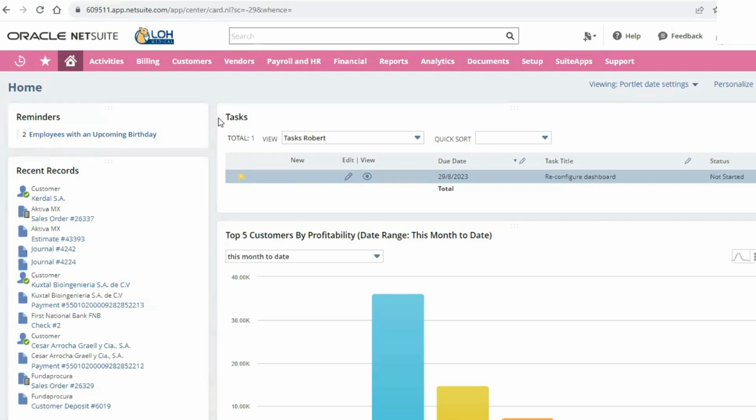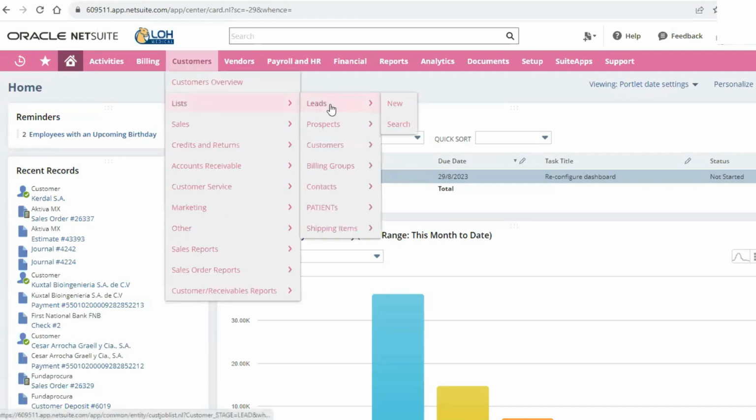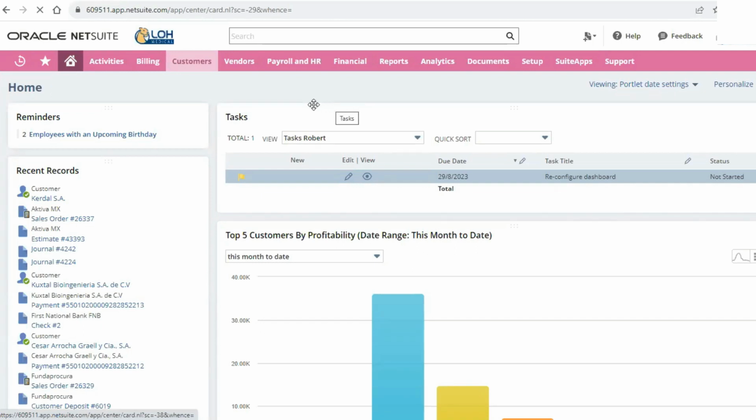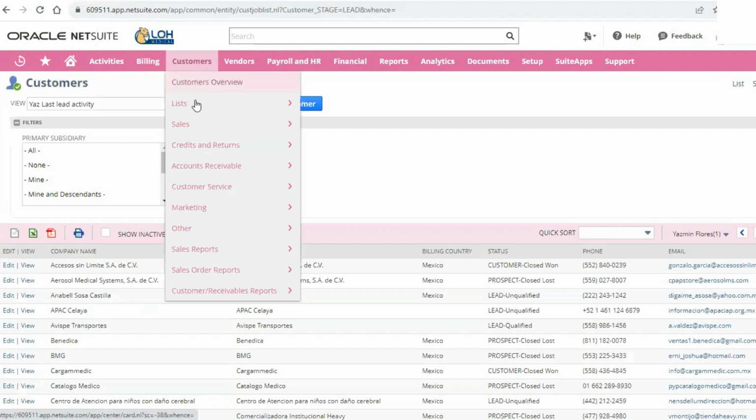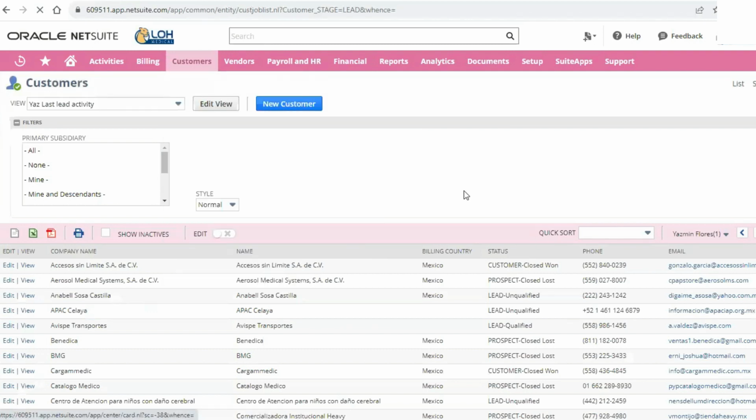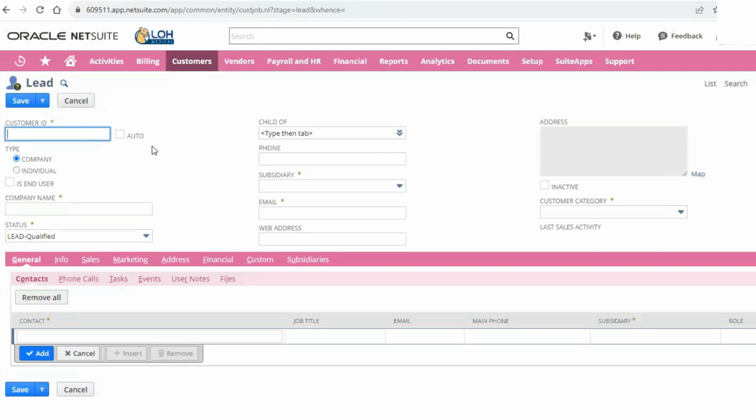So let's get started. Okay, so I'm going to start with a lead. A lead is a person or company who has made contact with someone at Low Medical, either through the sales rep contacting them for the first time, or this entity contacting Low Medical for the first time. So a lead does not have any transactions associated with the entity. So there's no estimate, no sales order. It's simply just someone we need to make contact with.